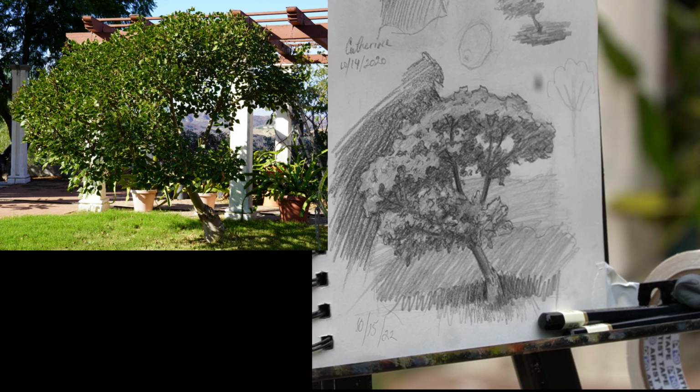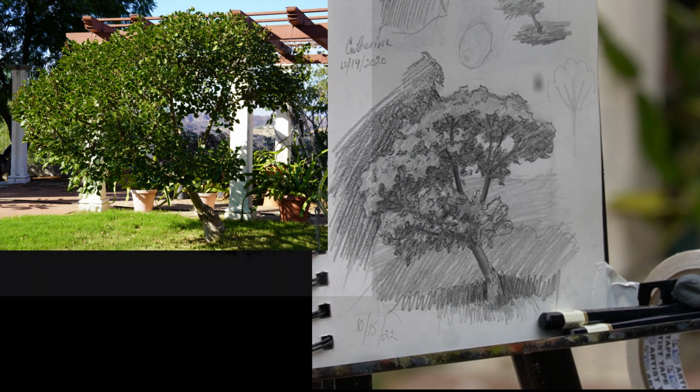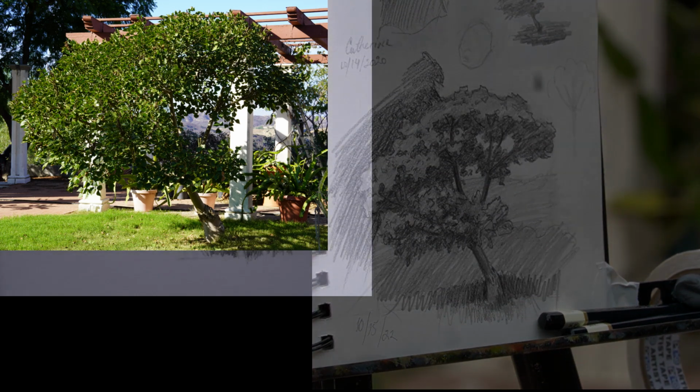Alright, well, think of it as your main shapes first, right? Yeah. And then as you get more into the details, I'll be right behind you. Okay. So am I going to be drawing at this angle, or I guess I'm going